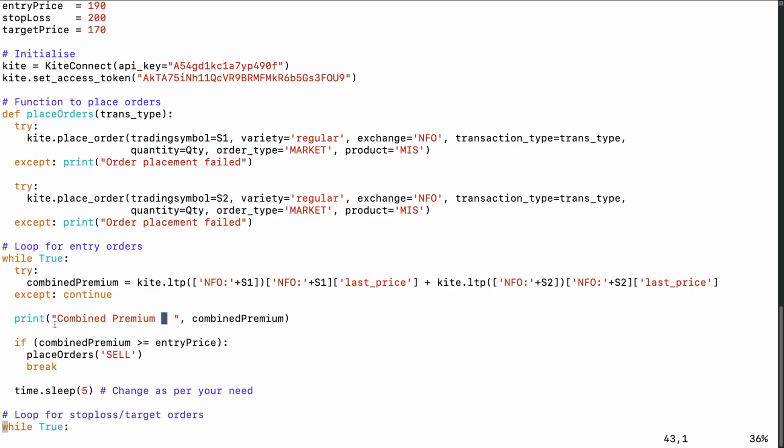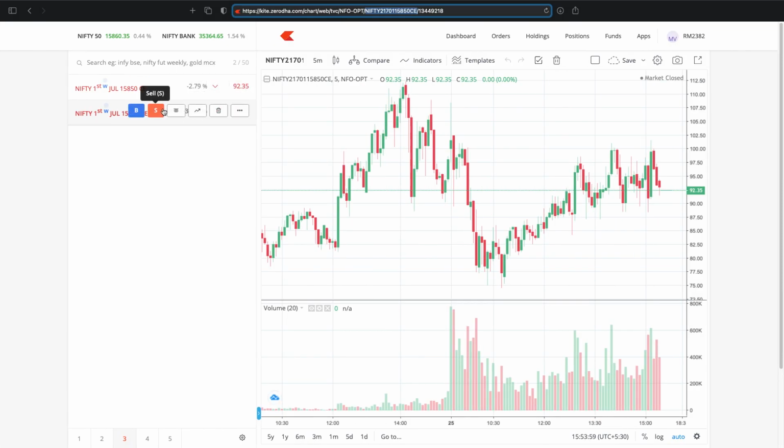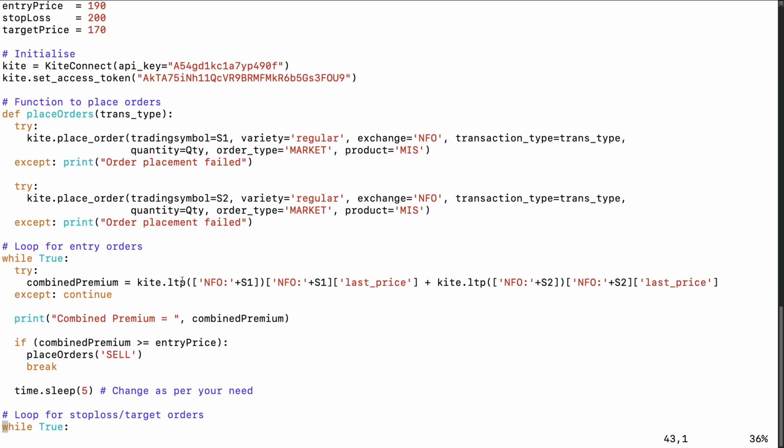Okay. Now here what I'm checking is the combined premium. Let's assume if you run it right now, it will return 92.35 plus 93, so it will return you 185.35.